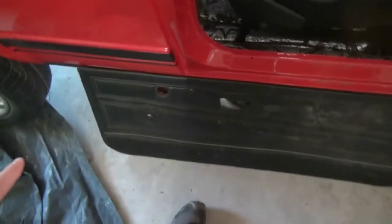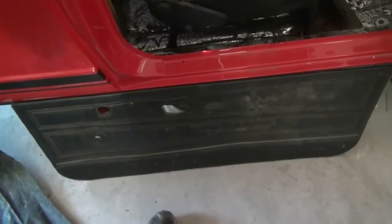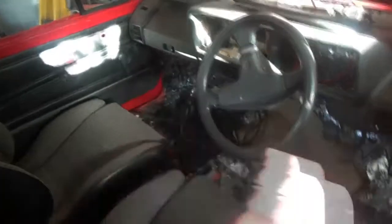I'm not going to cut a hole for the speaker. I'm going to leave them exactly like this. The reason I'm doing that is because I don't want to damage or risk ruining the original door cards. I want to keep them as original as I can. So I'm going to build kick plates or something that's going to fit in the bottom of each footwell for